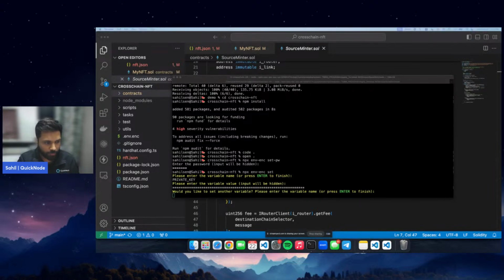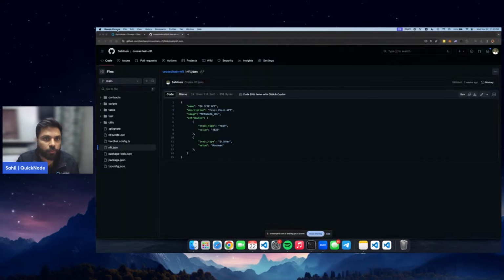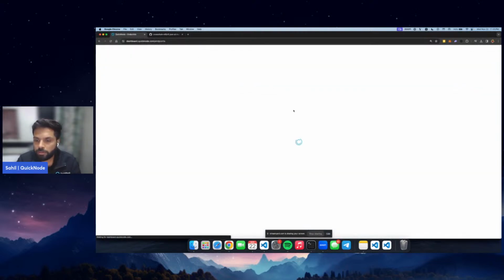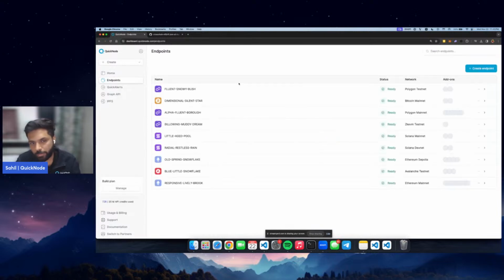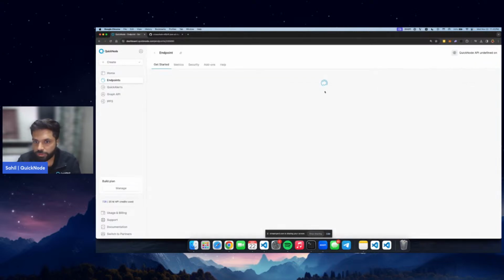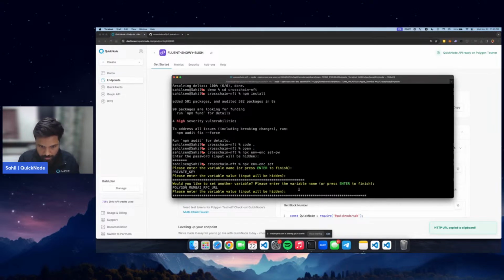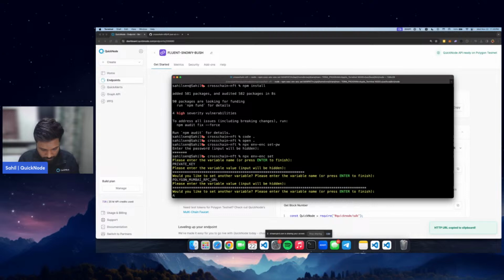And now we will need to add the Polygon Mumbai RPC URL. So the value of the environment variable will be Polygon Mumbai RPC URL. Let's go back to QuickNode, get the RPC URL. So the first one will be Polygon Mumbai, and the second one will be Avalanche Fuji. So we will have to copy the HTTPS URL, paste it, and now the next one will be